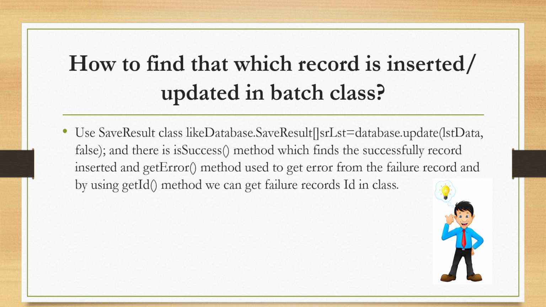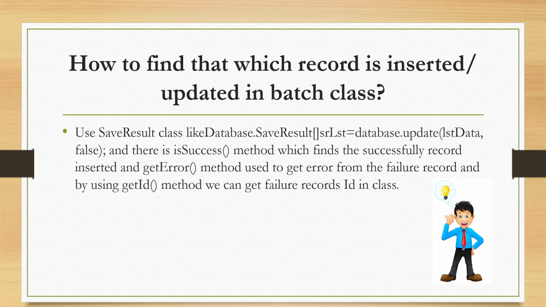The third question is: how do we find which records are inserted and updated in a batch class? We use the SaveResult class, like Database.SaveResult[] srList = Database.update(dataList, false), and